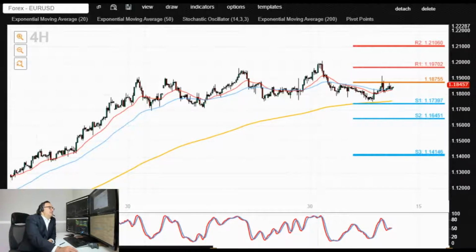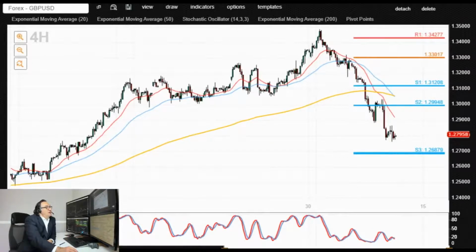Alternative technical level to keep an eye on is at 1.1740, which is a cluster of these previous lows and also S1 in pivots. Dip below that level, a retest of that level from underneath as a newly found resistance could open the way for a deeper corrective move to the downside, targeting 1.17, 1.1645, possibly even 1.16 to the downside.